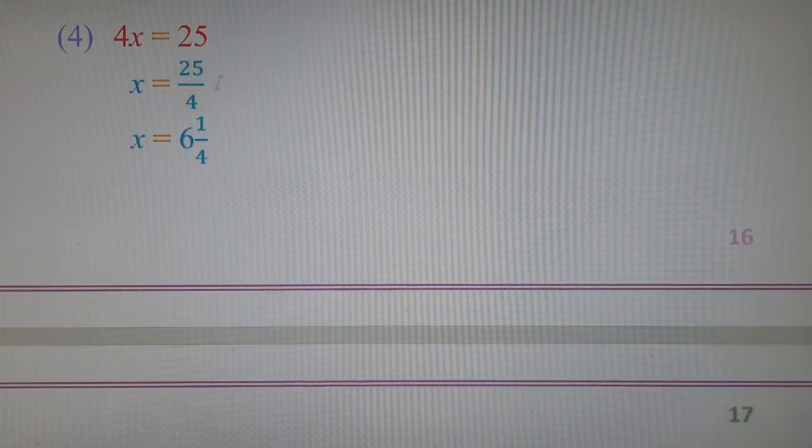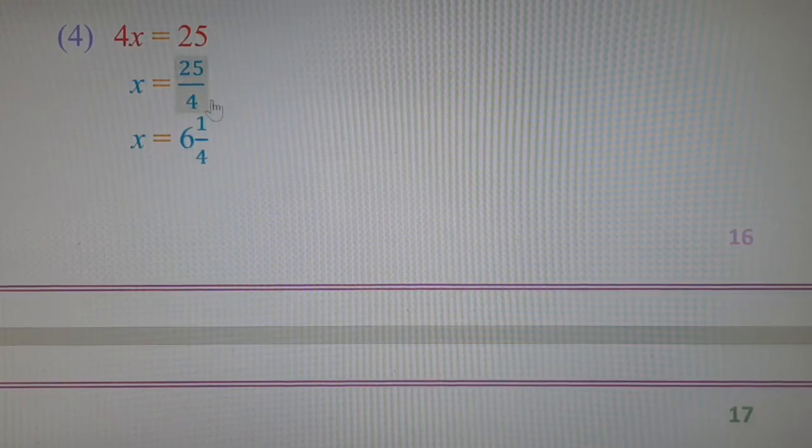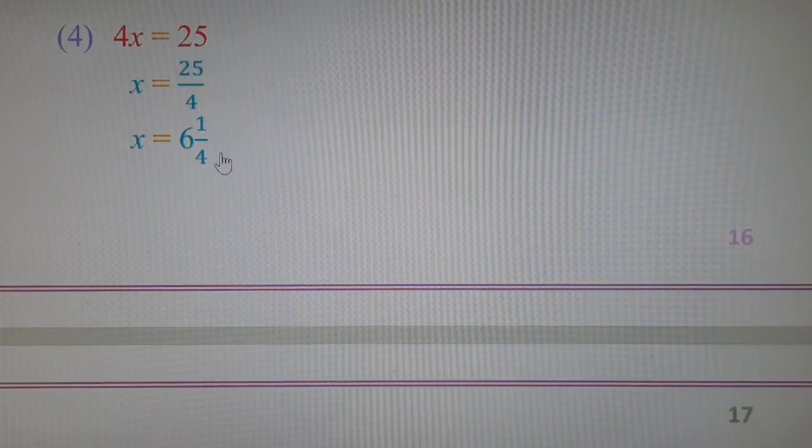So we'll convert this into a mixed fraction, because whenever the numerator is a bigger integer, we have to convert it into a mixed fraction. 25 is the numerator, and 25 is greater than the denominator 4. Whenever the numerator is greater than the denominator, the final answer should be written as a mixed fraction. Please children remember, whenever a fraction is given and in the fraction the numerator is bigger than the denominator, we have to convert it into a mixed fraction, because 25 upon 4 is an improper fraction.